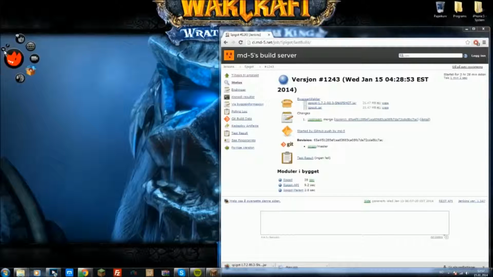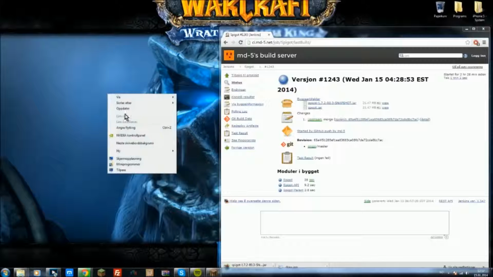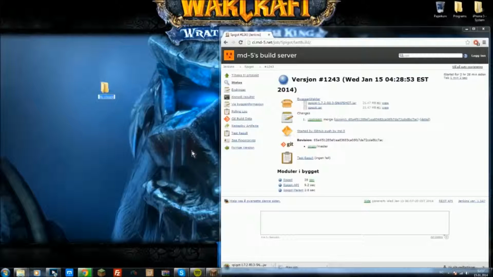I'm just getting rid of this, and at the desktop, right click, go to new, then create a folder. Here we go, and we can just call this spigot server. And while I'm doing that, I just need to drag this over here,